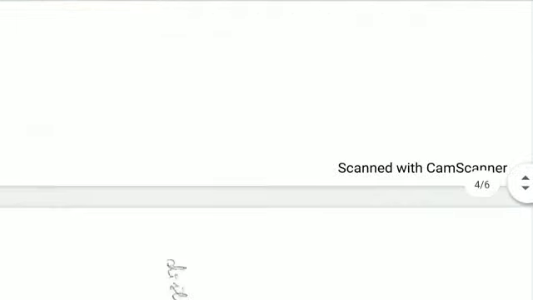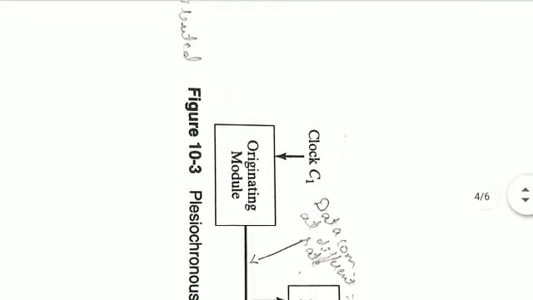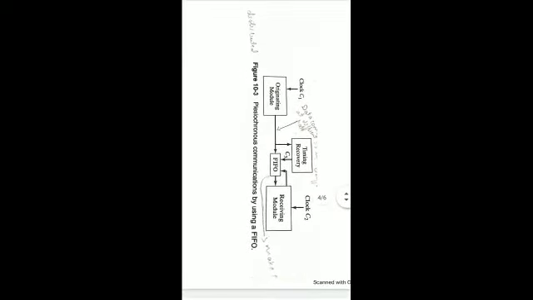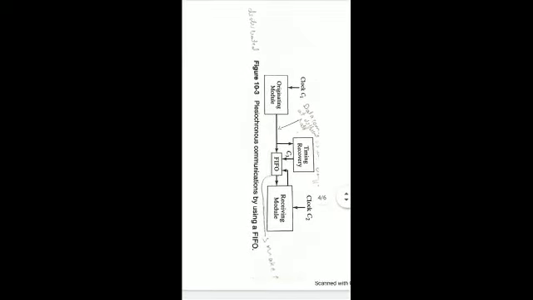Next, we'll go for the next type of signal: plesiochronous communication by using a FIFO. A plesiochronous signal is one that has a frequency that is nominally the same as that of the local clock, yet is slightly different. In Greek, plesio means near. This causes the phase difference to drift in time.